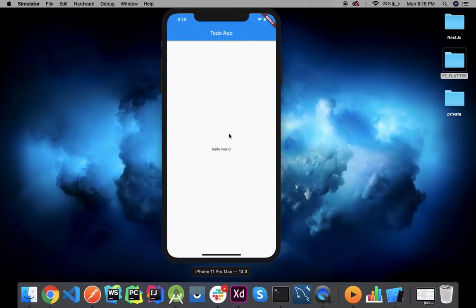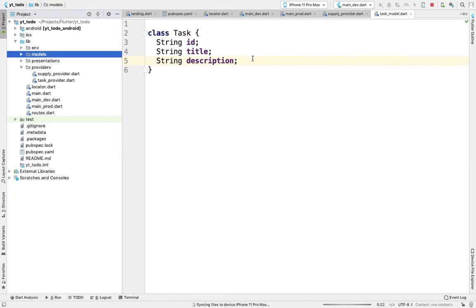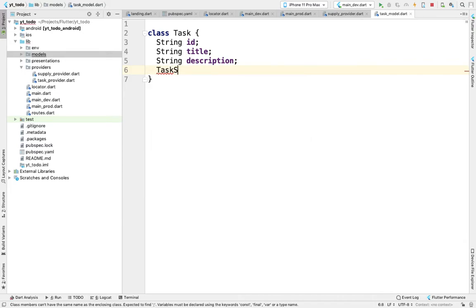Okay, let's see. Okay, it's done. It's working now. And we will have a task status, and that will be of three types. So it will be like the task is open, or the task is in progress, or the task is complete. So we are going to create an enum for that. Task status. Okay, and what we will do is I will create an enum here, or you can create an enum